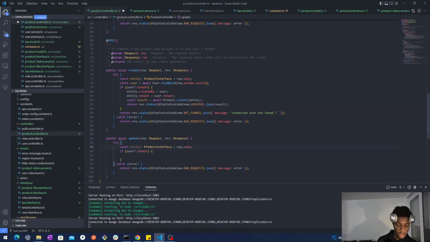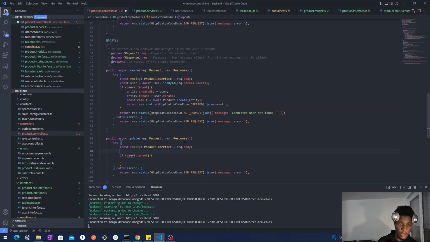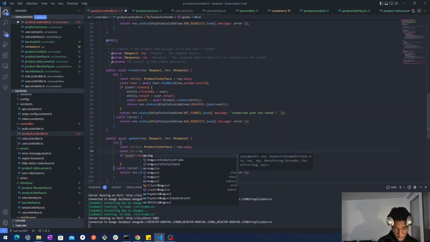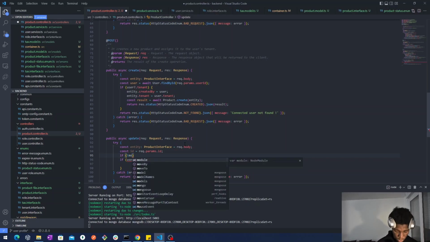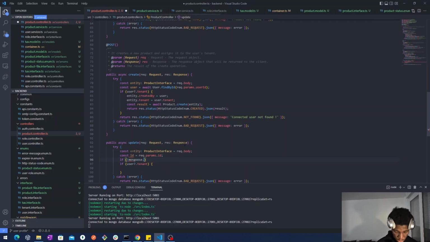I just need the ID from param, so I will say the product ID is equal request param, and I say request param and ID. And say if mongoose types ObjectId